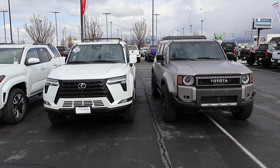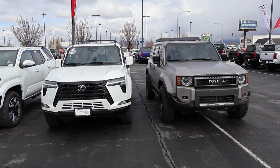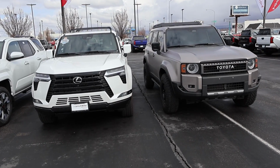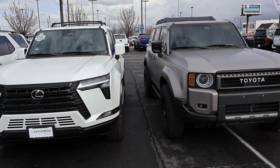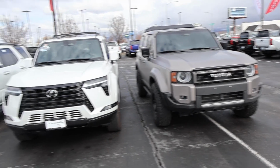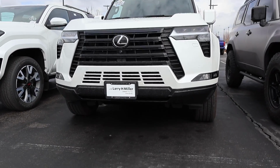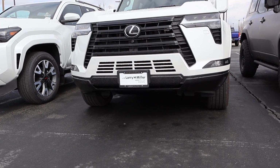So I think we can block these two vehicles in a very similar category because if you look at the top of both the vehicles, basically identical. I mean, even the mirrors, right? Complete carryover because these are sibling vehicles. Now there is a huge difference, and that is down below, right? You've got a boxy theme all the way to the bottom, whereas this goes to Lexus's styling, and that styling leads to a problem. The approach angle on the GX550 is not good, and you can really see it here